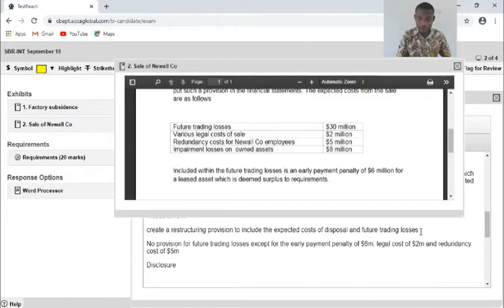So the legal cost of 2 million and the redundancy cost of 5 million should be part of the total provision.